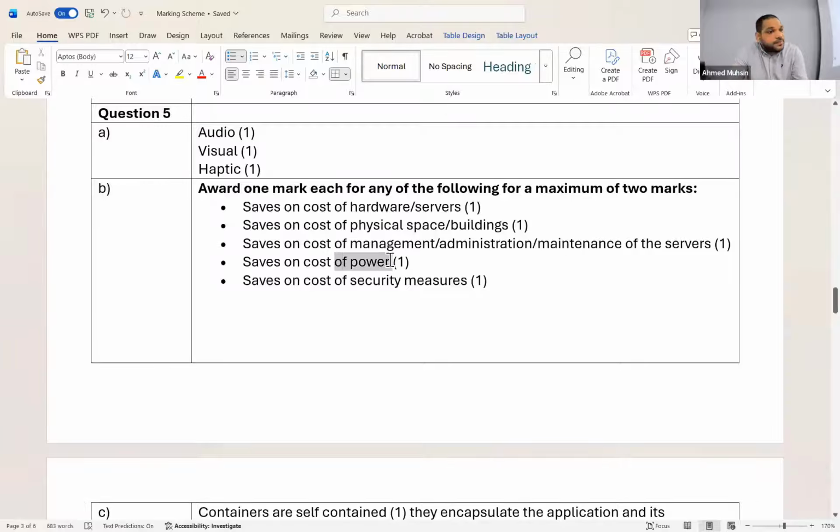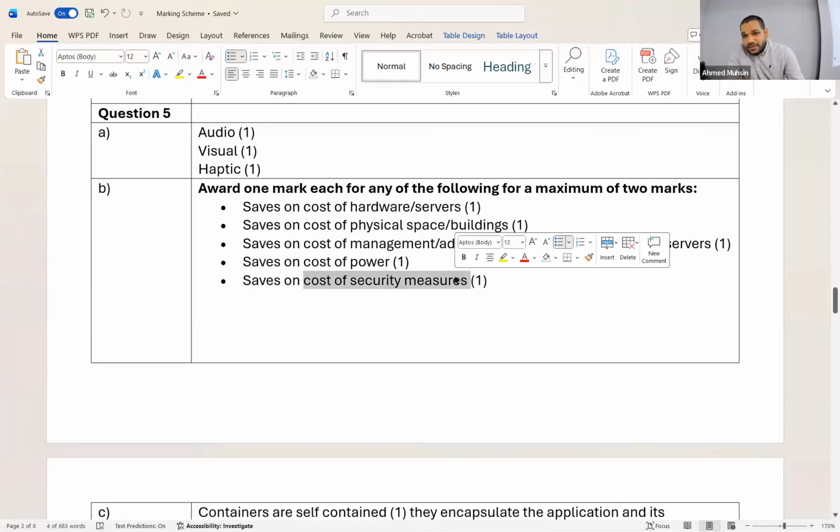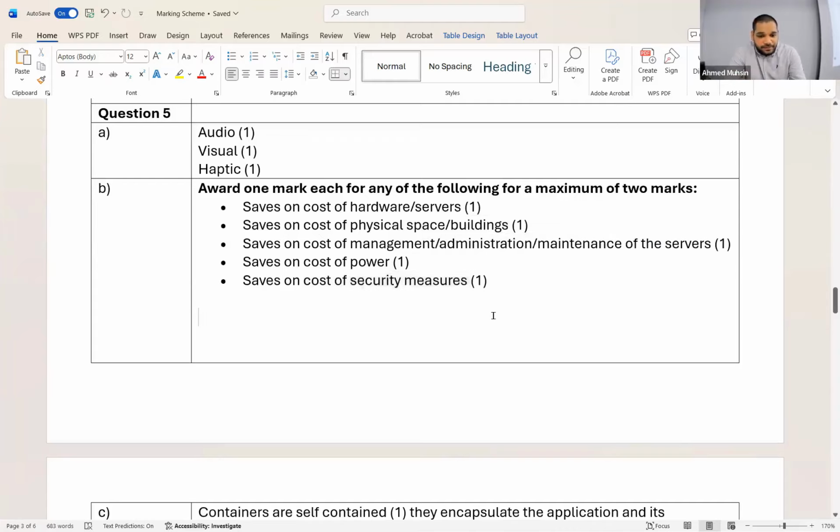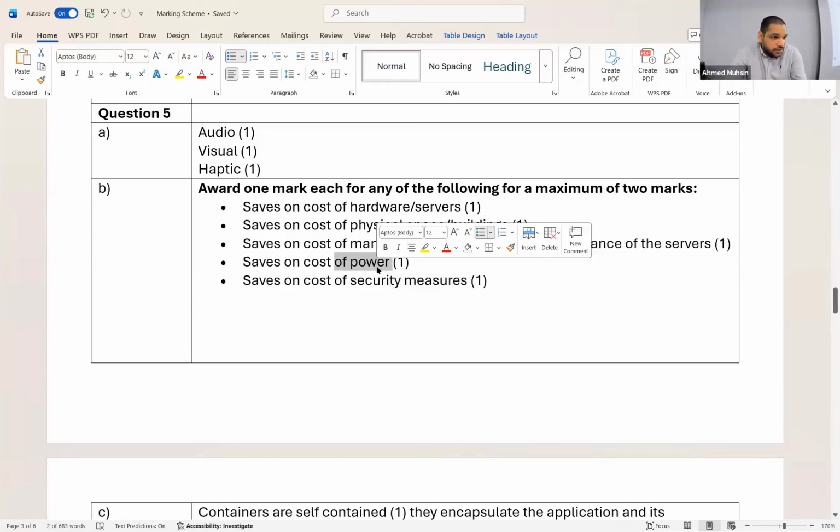Cost of power, nobody said no. We are only powering one server, right? Everybody here, they haven't explained. Here they have only listed it. You're supposed to explain to get 2 marks. Save on cost of security measures. How many firewalls will you run? You will run only one firewall, isn't it? Okay, right. Anything that you never thought of, I would recommend you writing it down. For example, security measures, I never thought of. Cost of power, I thought about it, but none of you all thought about it. You all could mention that. Power and security measures, we never thought of. Okay?